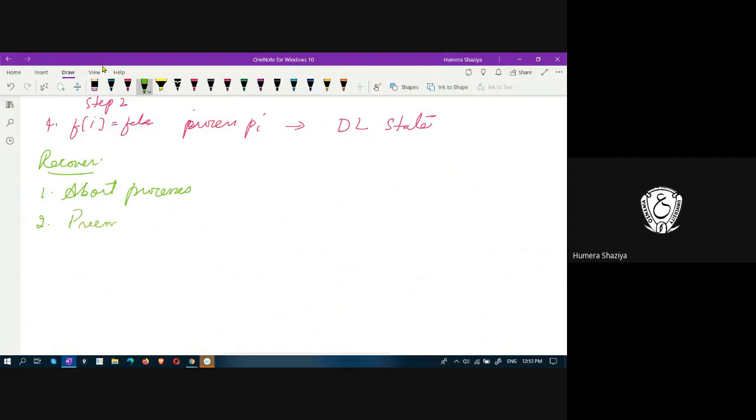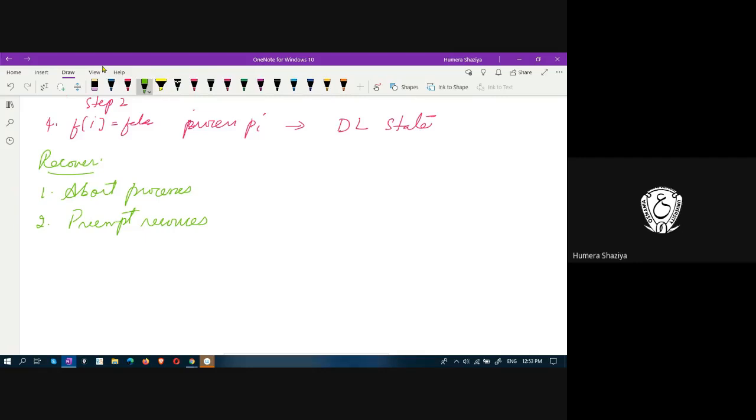You can preempt the resources from the processes which are in the deadlock cycle. If you start preempting and giving, you again have different policies and strategies. For P1 and P2, if P1 is requesting from P2, you can preempt resources from P2 and give to P1, so that at least P1 finishes, and then later P2 will start from the beginning. So different ways are there to recover from that.